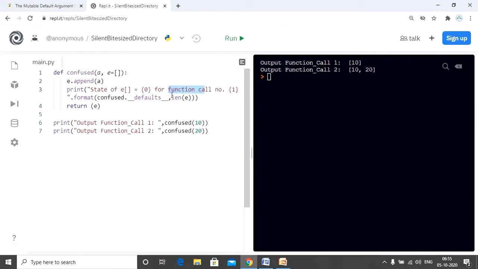So this means when we call the function 1, when we pass the value 10, then the output should be a tuple representing e, which holds the value 10, and the second print statement, which calls the function for the second time, should hold a tuple holding the values 10 and 20, as we can see on the output screen, and it should do so for the function call number 2. So let's check that out,